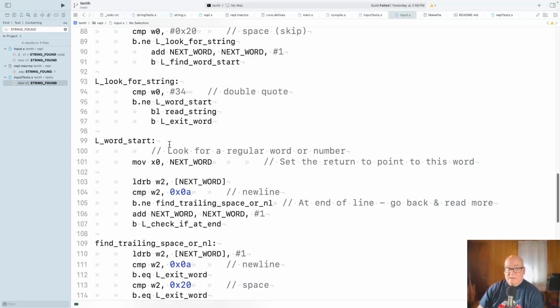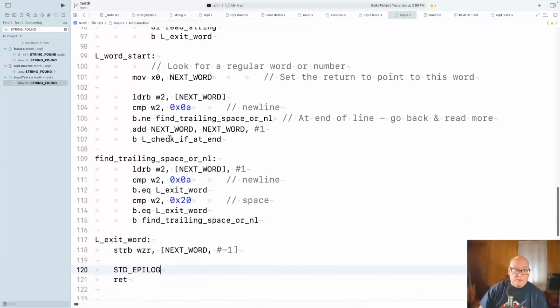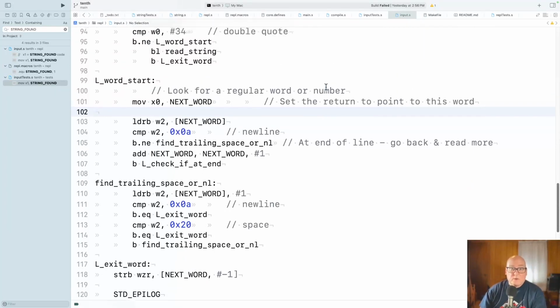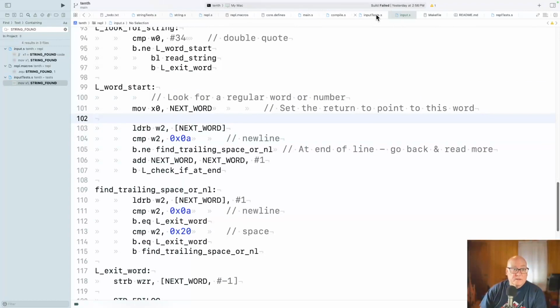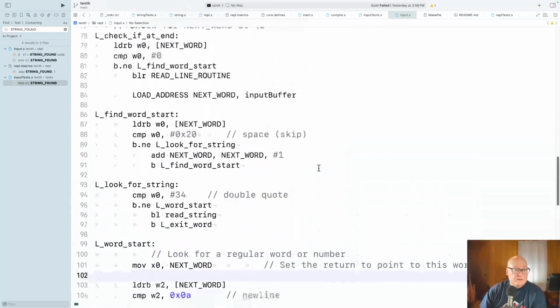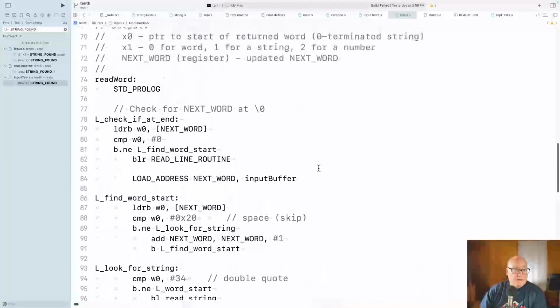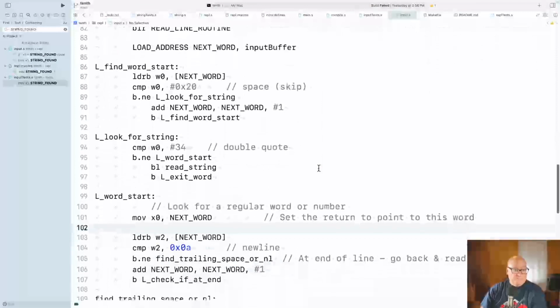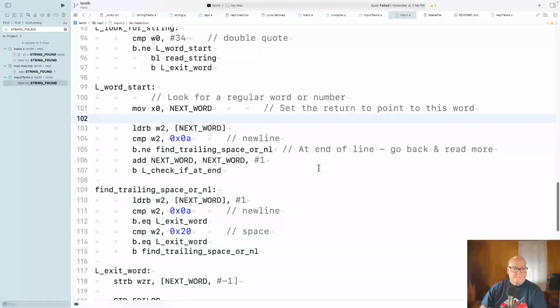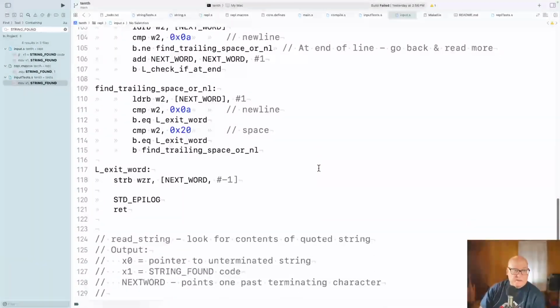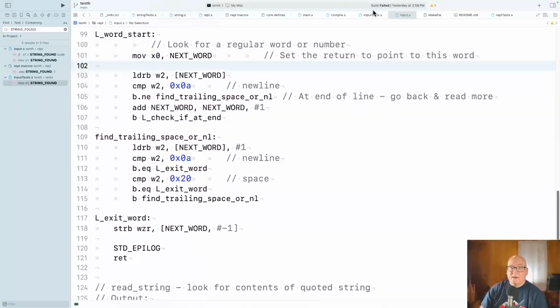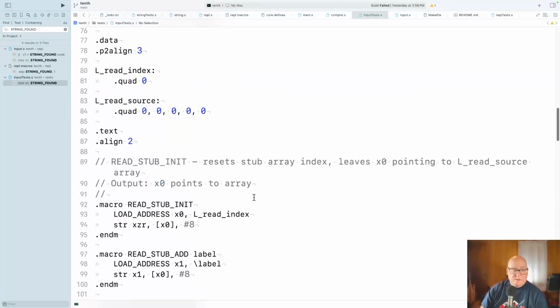So I think I want to move this forward to do that. It's got x0. Let's find the test for a regular word. Well, it's still not quite everything I want it to be, but all right. So